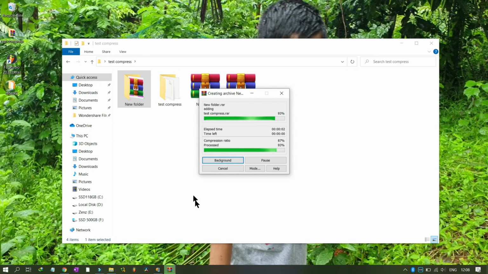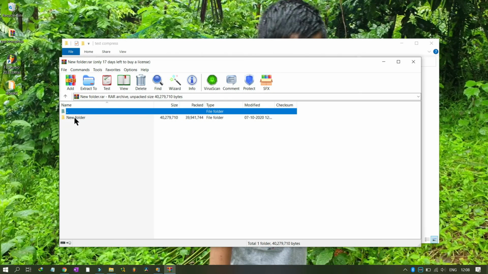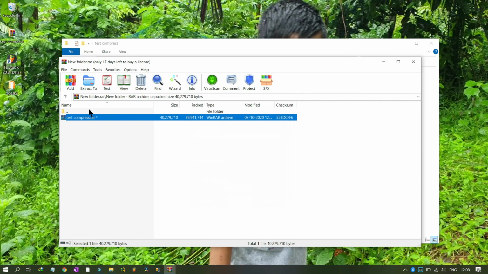Now what will happen is it will create a RAR file of the new folder. This is the folder, and if you click on it, it will show a password protected RAR file in this. Okay, that you cannot get into. This is the way it should be, even at the first root level. This is 2 times we had to do it, but this is a foolproof method.